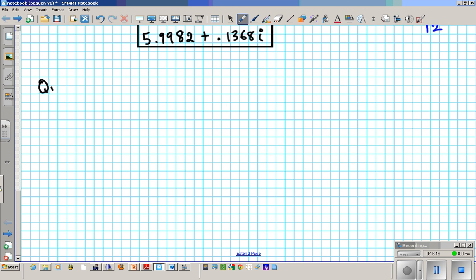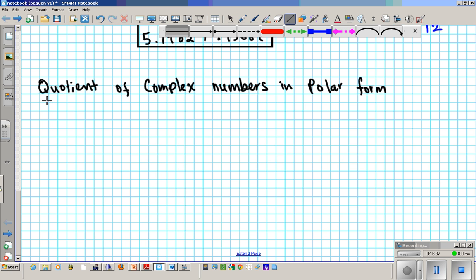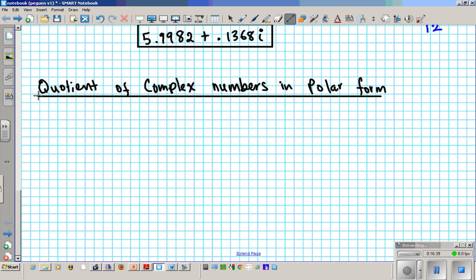Quotient of numbers, quotient of complex numbers in polar form. Quotient of complex numbers in polar form. Okay? Alright, first of all, we're going to write down the formula, the derivation, and then look at an example. Alright, so the formula